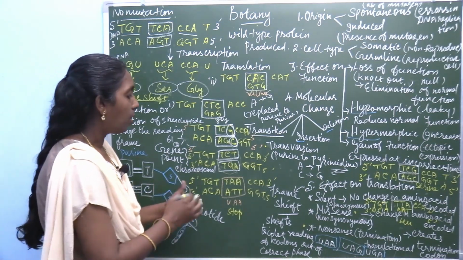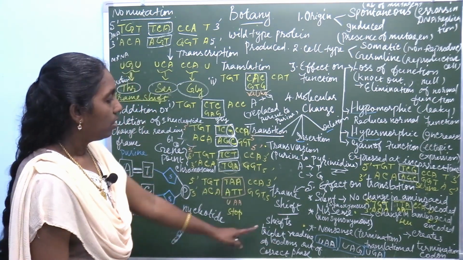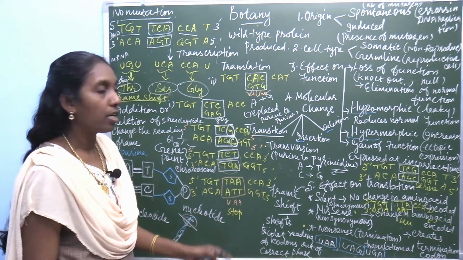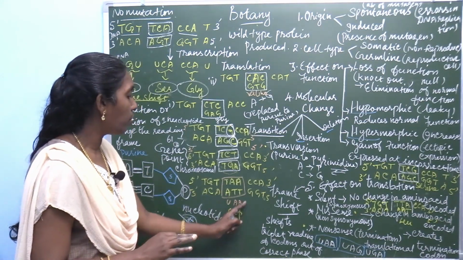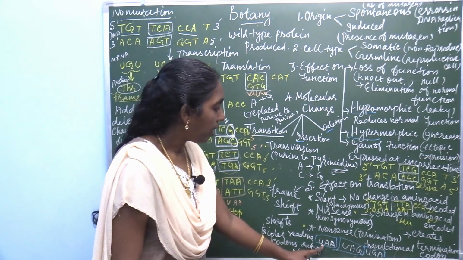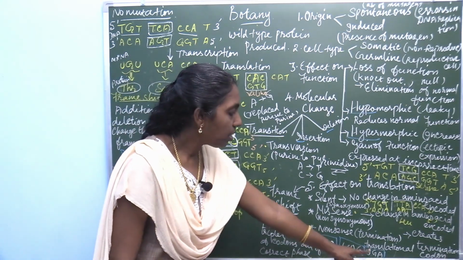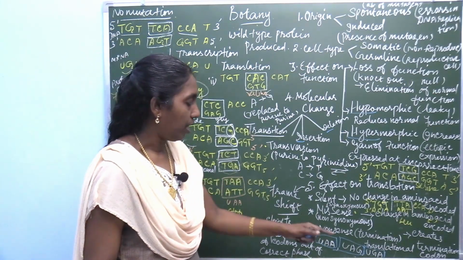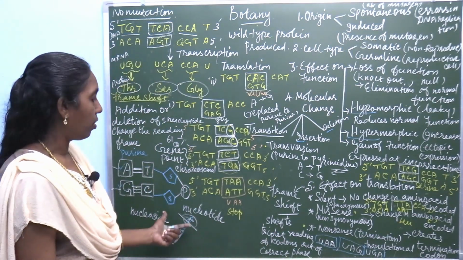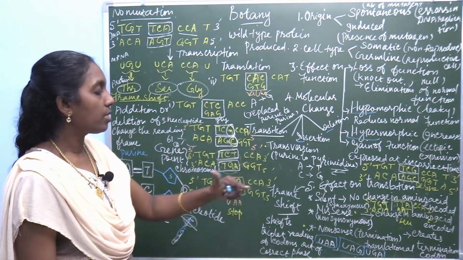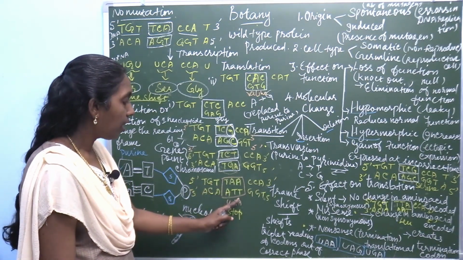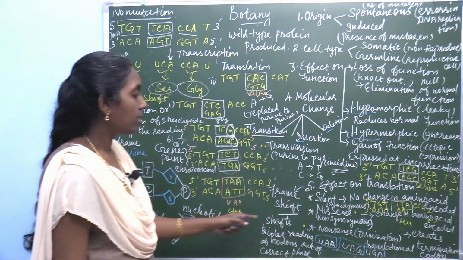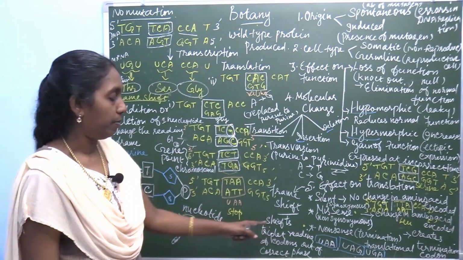So it's called stop codon, and the name is nonsense codon. So, nonsense codon, it stops. There are 3 stop codons. It produces a stop codon UAA. So, if UAA or UAG or UGA comes, termination takes place. So, it is called nonsense codon or nonsense mutation. If mutation takes place here, it stops; it produces UAA, one of the stop codons. So, it is called nonsense codon or nonsense mutation.